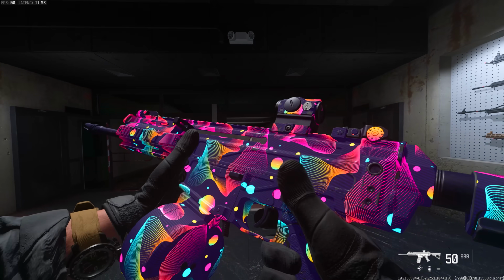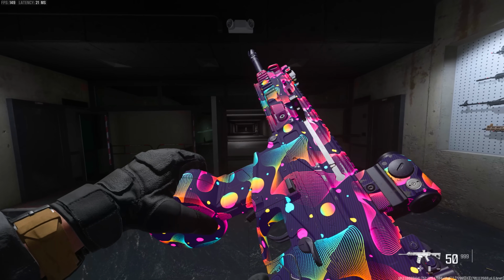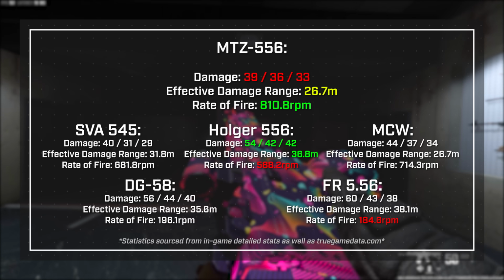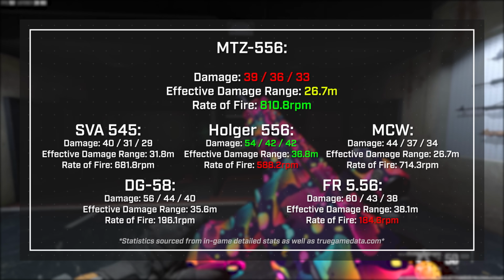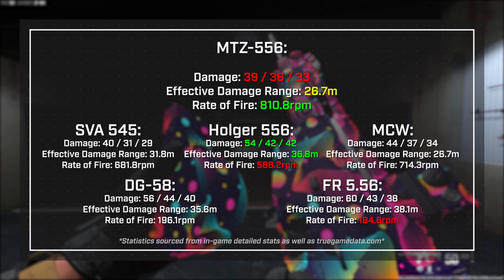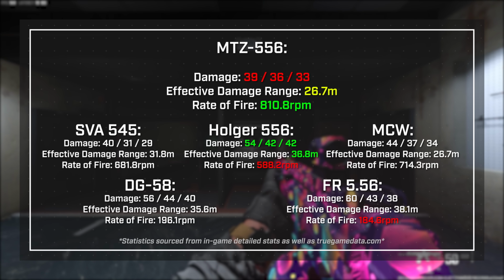But finally, the last rifle that I want to talk about here is the MTZ-556, rounding out that rifle category. But Espresso, that's the weakest AR in the bunch. Why would you pick a pea shooter over the MCW or the SVA or the FR556? All good and valid questions, but thankfully, for a product of TTK, damage is hardly the only thing in that